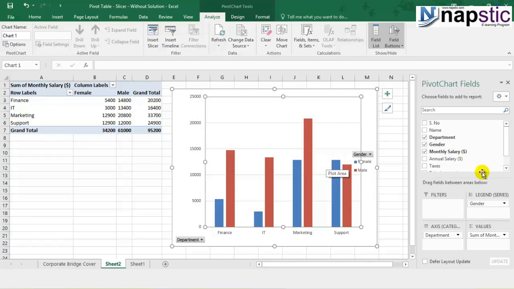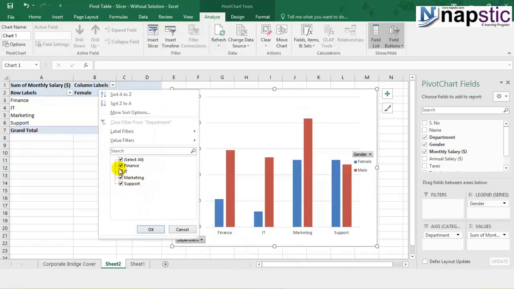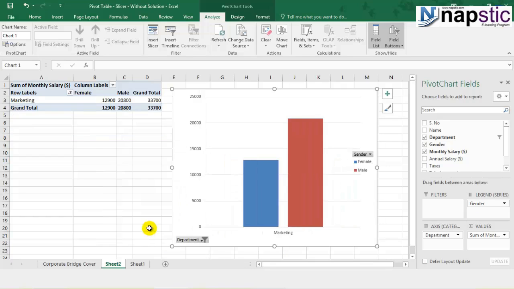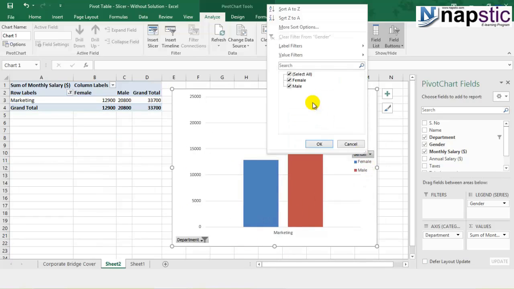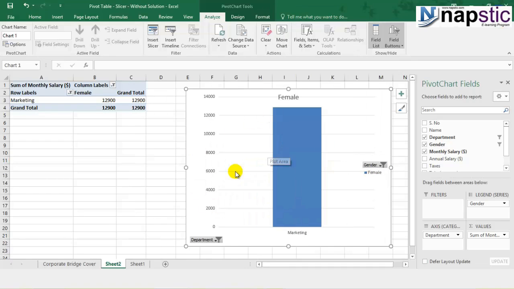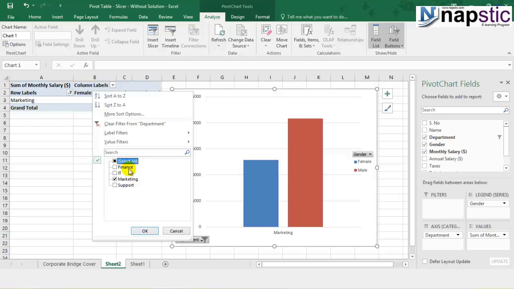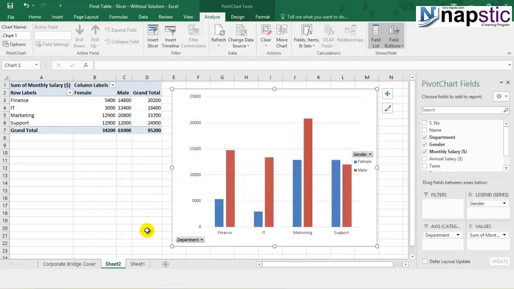The important feature is the drop down and the filter. Let's say I want employees only from the marketing department. I can select marketing. You can see employees from the marketing department. If you want to concentrate only on the females, what is their monthly salary? So this is more of a dynamic approach rather than using our normal traditional charts. We can use the pivot charts if you want to analyze only specific amounts of data. Let's say you want to also include the names, so you can also include the filter names.